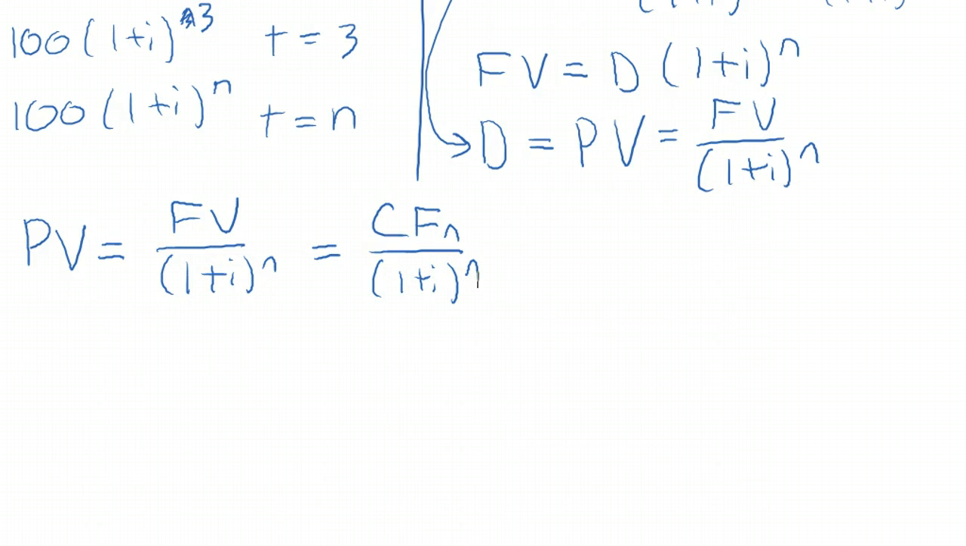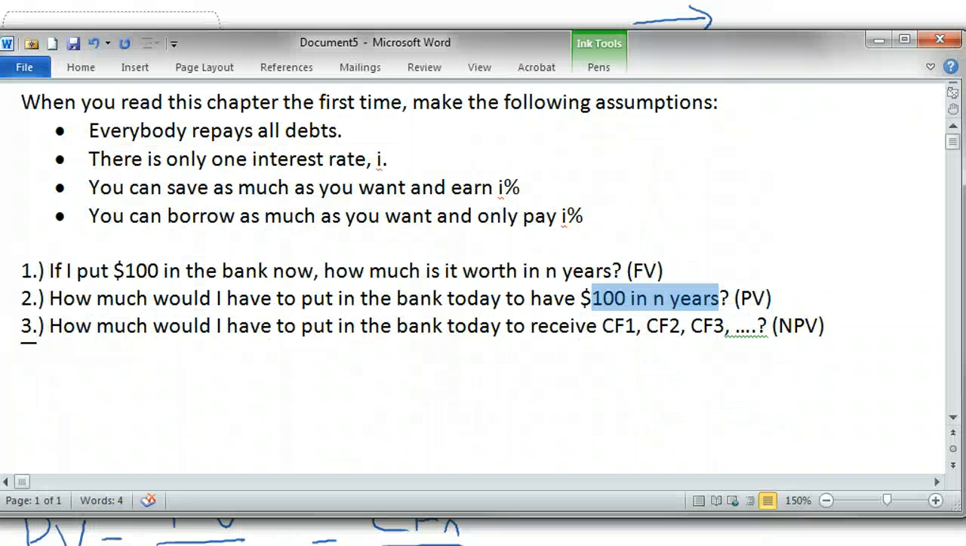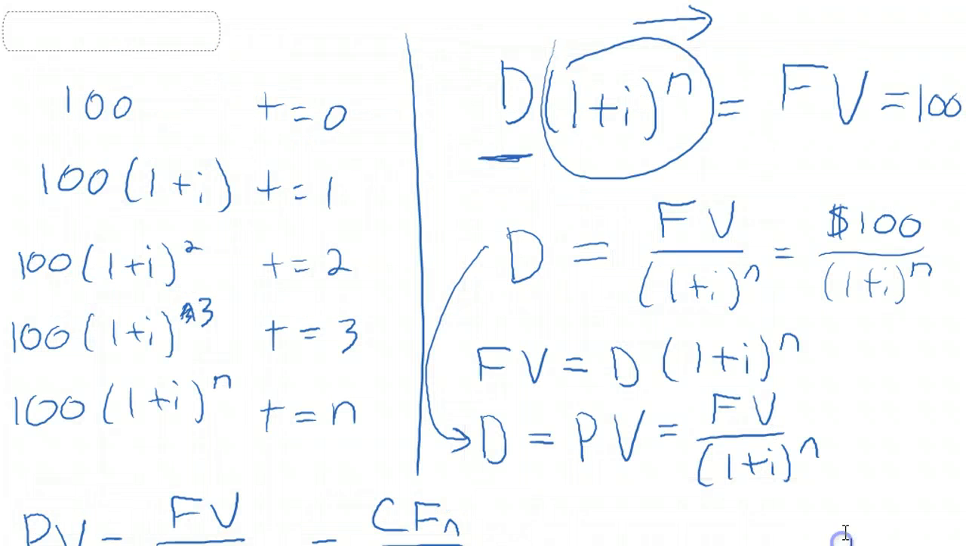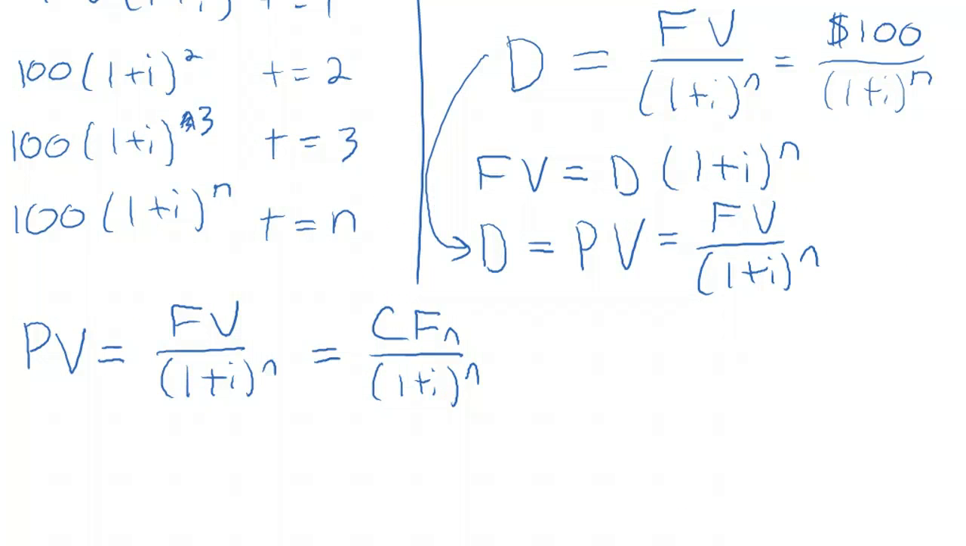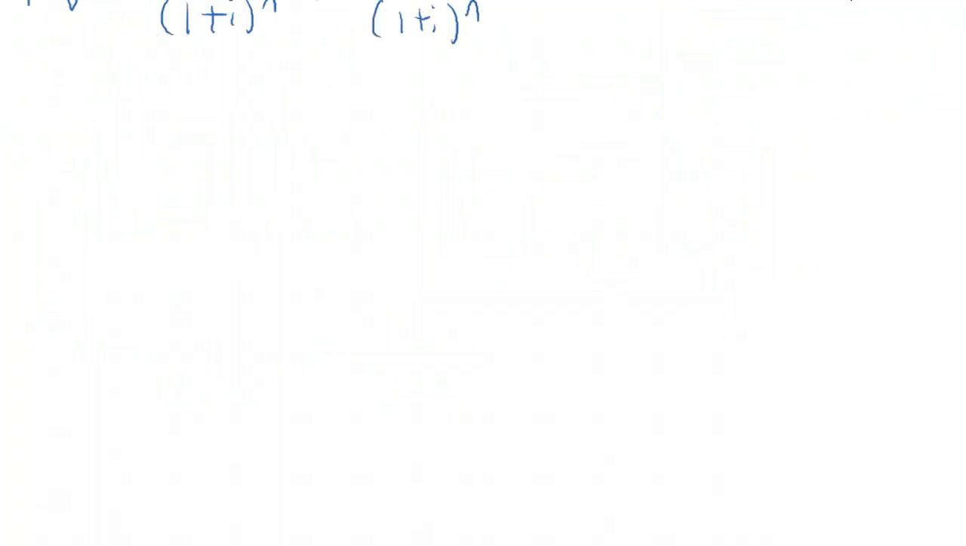I guess before we go on, there is one more thing that I want to talk about and mention briefly. And it comes back to those four assumptions that we were making. So if everybody is repaying all debts and everybody can borrow and save as much as you want at I% interest, then to some degree you are really indifferent